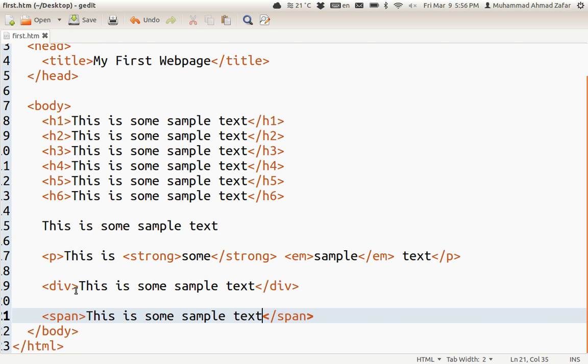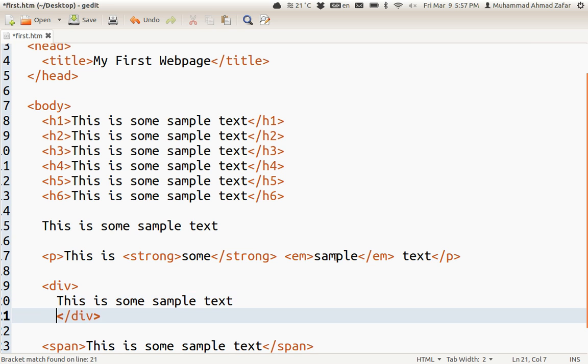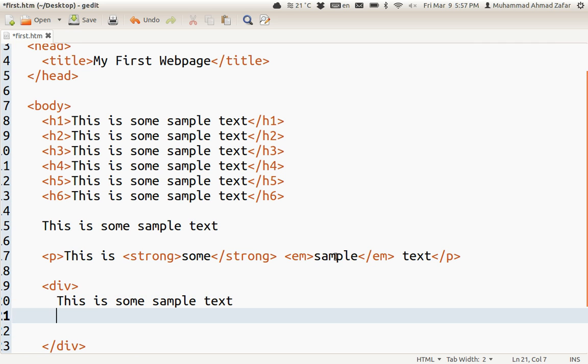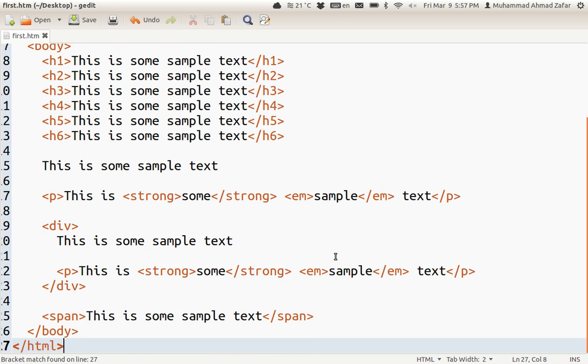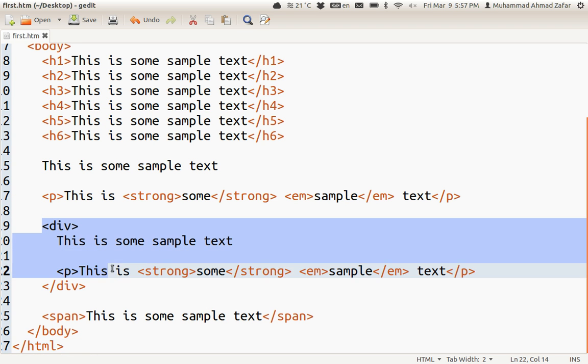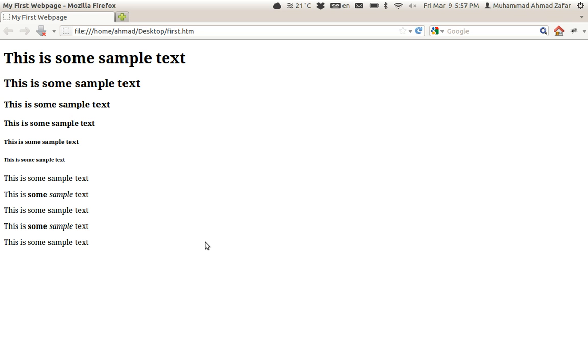You can use div. For instance, I have this division and I have this text in this division. Go back, refresh, and you can see that of course it will output perfectly and this works fine. This is correct. But for instance, if I replace div with the paragraph tag, save it and go back, refresh it,